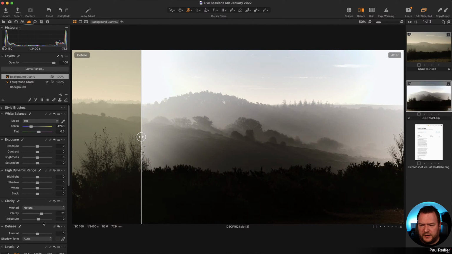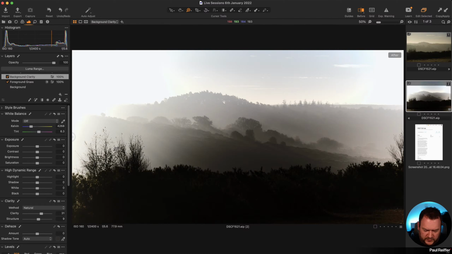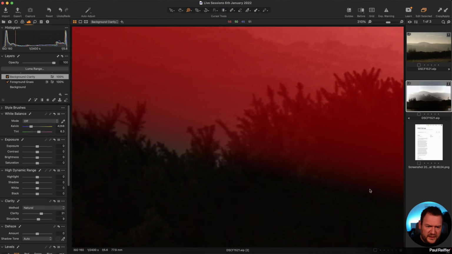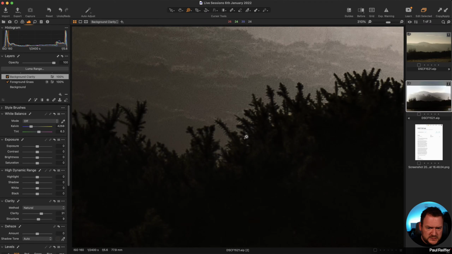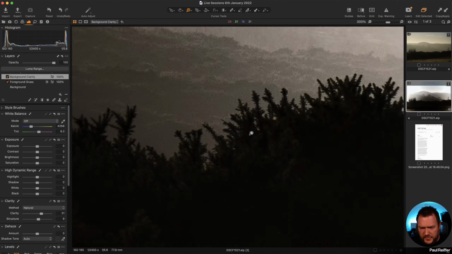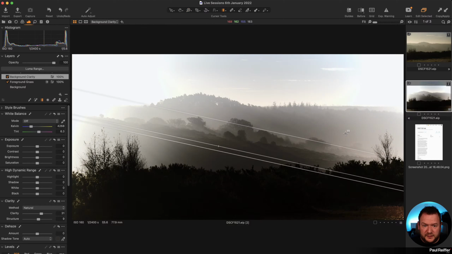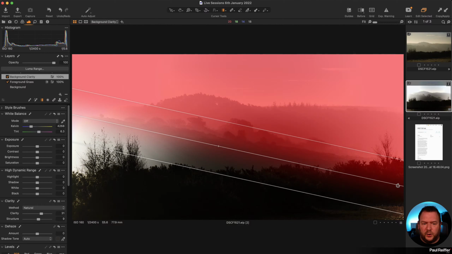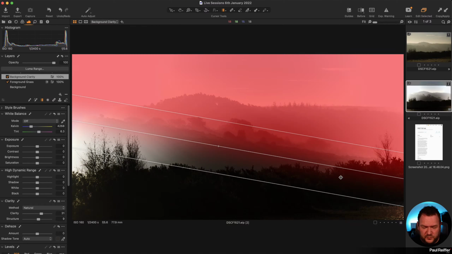And yet it's not a huge amount of clarity. It's not a huge amount of structure. I've been through it. There's something else going on. So we'll get to that in a second. So we've got a background clarity layer with a really harsh drop off. I would be really careful about using gradient filters with that sort of drop off, because what it means is you've got clarity happening literally here and not here, because that drop off is so hard. I would personally, if you're going to do that, just soften that drop off or fall off a bit more, so it's less obvious where that boundary is happening.